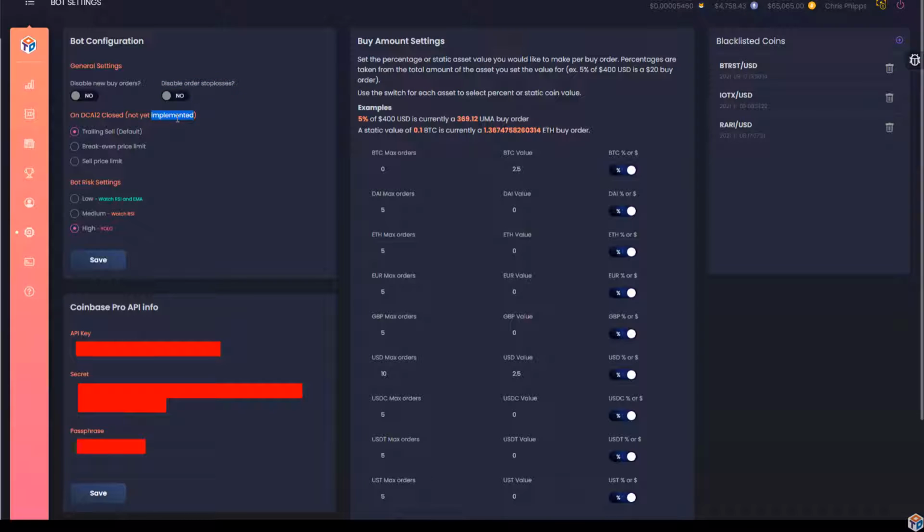Below that, not currently implemented but will be in the next bot release, is what the bot does on a DCA12 when the buy for that DCA12 closes. The default is just to operate as normal, continue trailing, which would enable the blue trigger line for sell on the chart. Below that is the break-even price limit, which means the break-even price on the chart, that white line